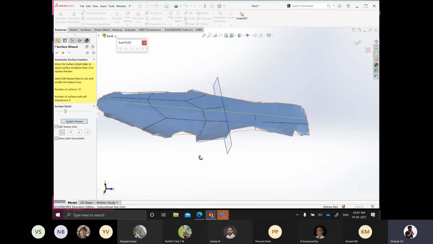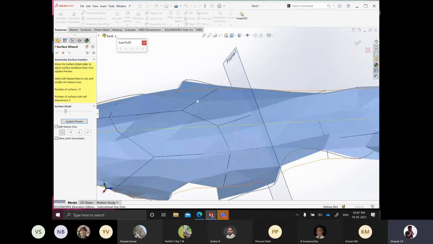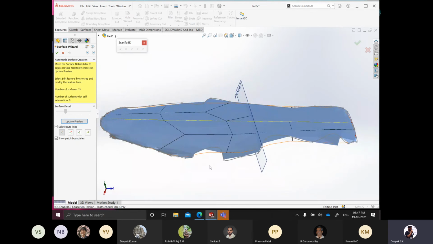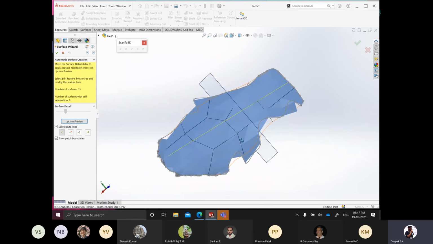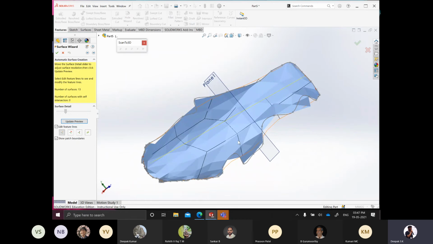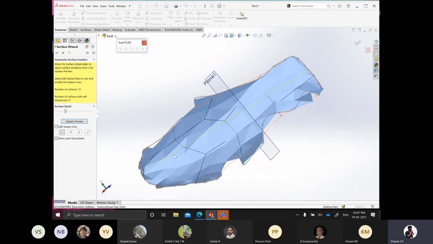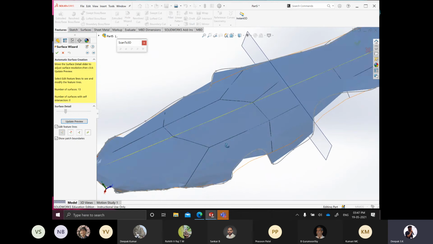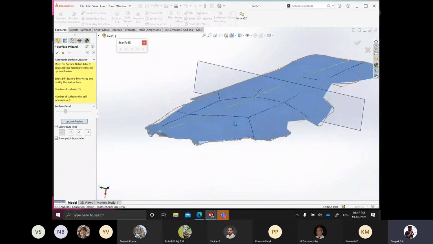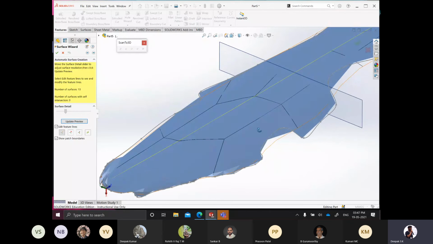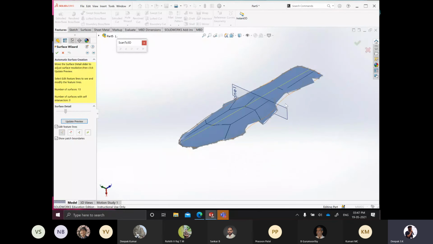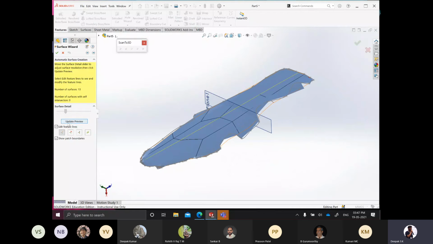Now you can see that the number of patches has increased. Earlier there were only 3 patches. It is quite smooth. It can still be smoother, but for this kind of model, I think this smoothness is acceptable for the 3D printing range. And we go to the next.